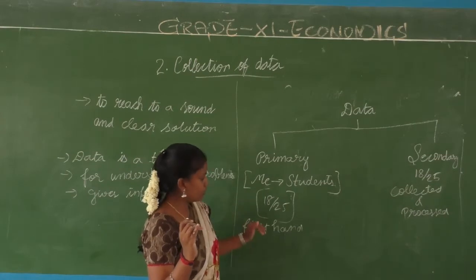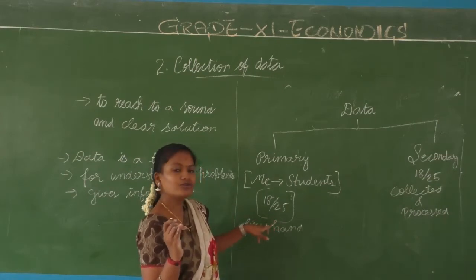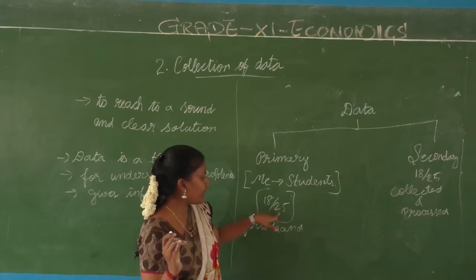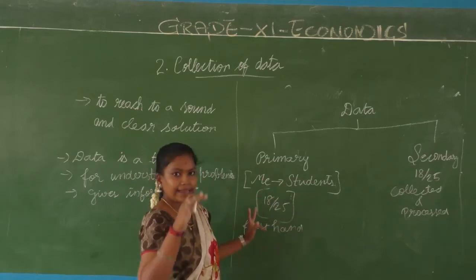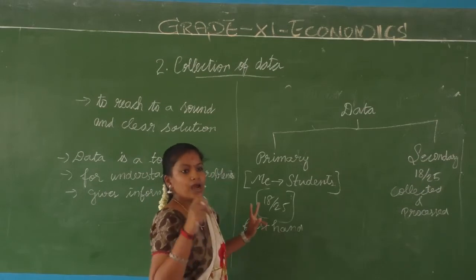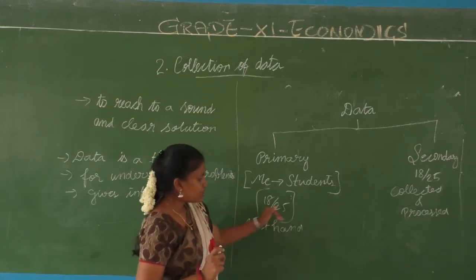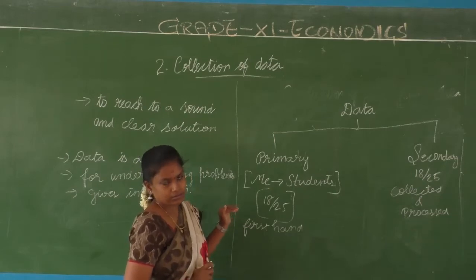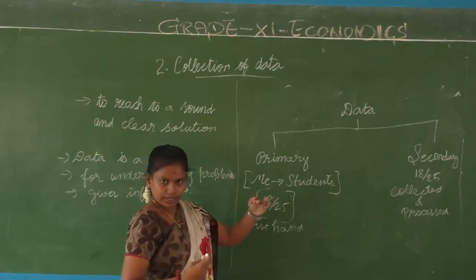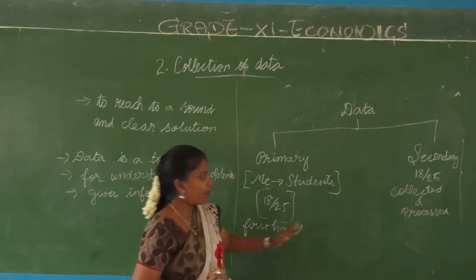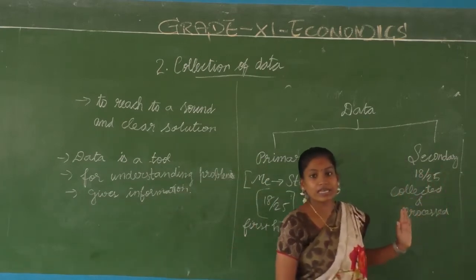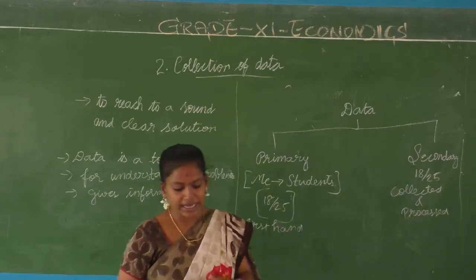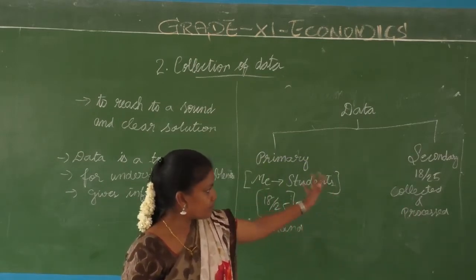I got to know the issue. So I have made 25 phone calls, spoken to 25 people, and finally I come to 18. I add one by one, I count and see how many people have done it. That is called processing. The addition I am doing is called processing here. So the data I give is the aggregate data, which is called secondary data. It is already collected and processed.